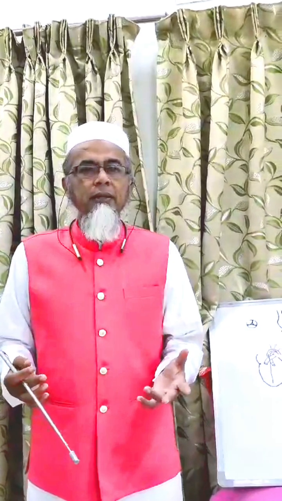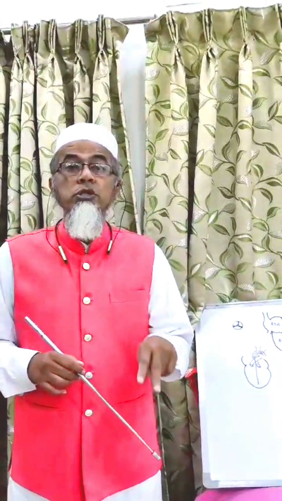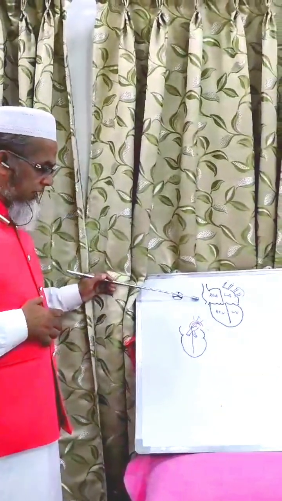Resultantly, what will happen? The blood which is coming from the toes, both legs, the patient suffers with pedal edema. Remember this word, pedal edema. Pedal means pair, legs. Bilateral pedal edema is the most important diagnostic point of edema in a cardiac case. Now, the edema increases from the legs to the thigh, to the perineum, to the abdomen, to the chest, and resultantly, if it completes over here,